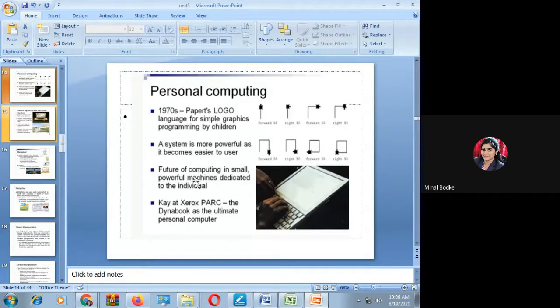Again in this era, one more language was developed, that is Logo. It was a simple graphical language, basically used by small children. This was a view of the Logo language. Here you can draw graphics using Logo. The children would draw various images or drawings using this language, or get visual effects. So the system became more powerful as compared to the previous one.